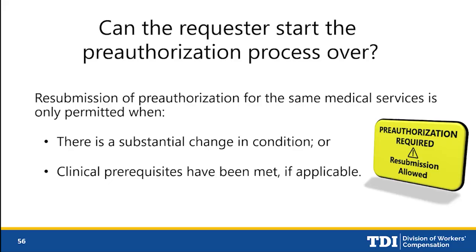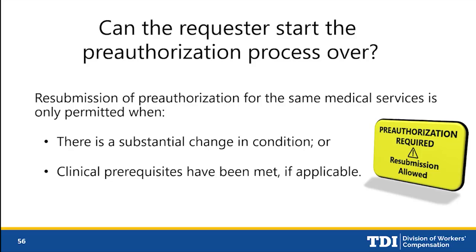There has to be a substantial change in your patient's condition. For example, if you asked for injections and you never did them, or the injured worker was never available, or you missed a deadline 3 months later and you're like, well, they still need these injections, I'll just start the request over for the same thing. It's not going to happen because there needs to be a documented substantial change in condition for your patient wanting to restart the process. And the carrier is going to look at it and determine whether it was a substantial change or not.